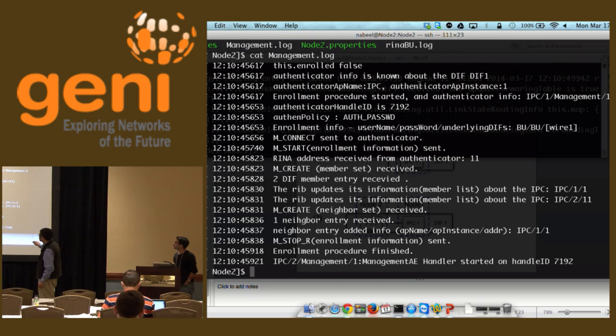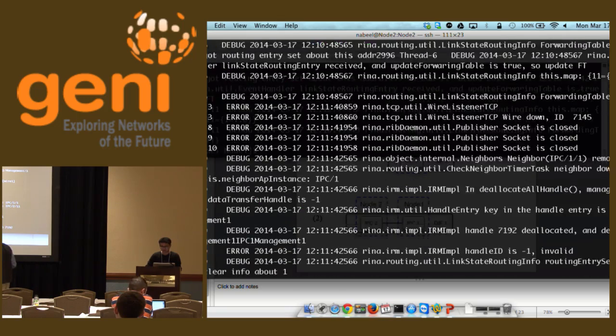and you can see that this node here got initialized. The authentication policy here is username and password. You can see it got assigned an address, which is 11, internal to that layer. And these messages are created as part of the enrollment protocol procedure that we have. All right, so let's now go to the next